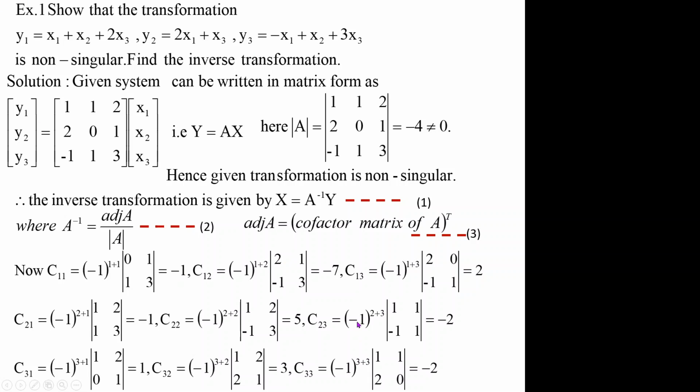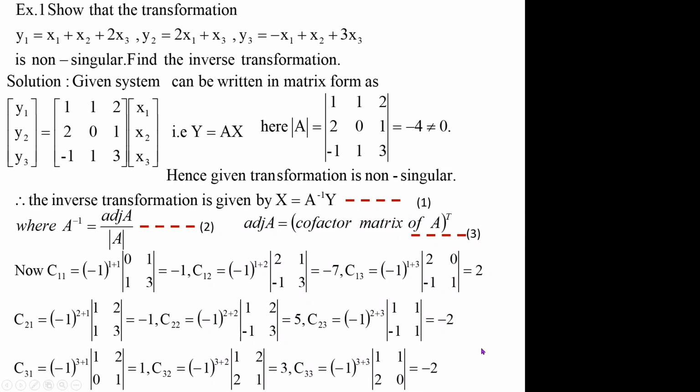Similarly, at random, let us take the cofactor of the element in the 2 3 position. What is the element in the 2 3 position? So that is this element. What we do is delete the element lying in the second row and third column. Whatever is left, we write the determinant of that. So the determinant of 1 1 minus 1 1. And minus 1 to the power, just the addition of these two, 2 plus 3. So this simplifies to minus 2. You know very well how to find the cofactor. It is just a kind of revision. So like this we get the cofactor of all the 9 elements.